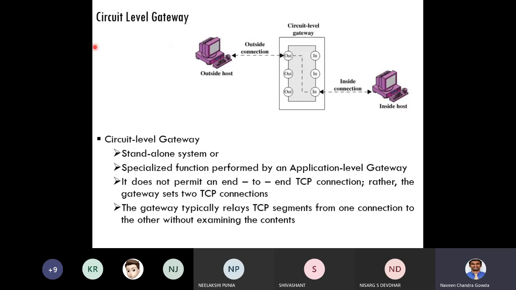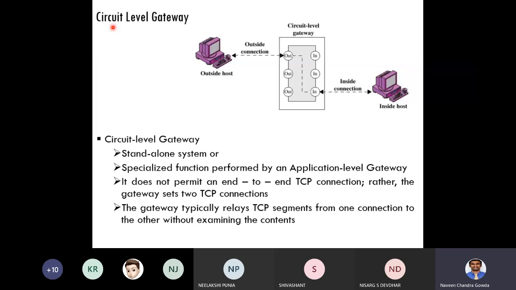I can say this is an advancement or extension of the application level gateway, because this circuit level gateway also does firewalling at the gateway level. When I say gateway level, obviously it is at the application level itself. Even then, why did the circuit level come into the picture? Why do you call this a circuit? So see,